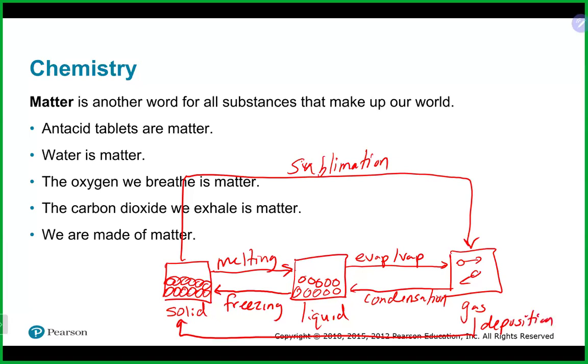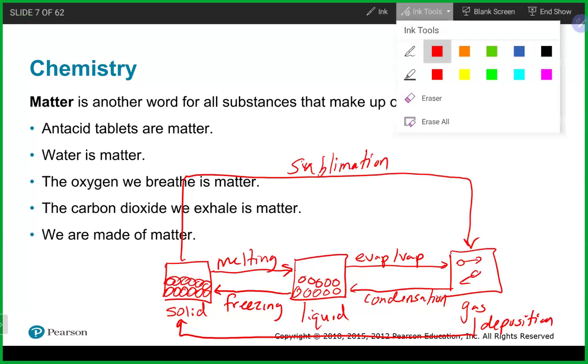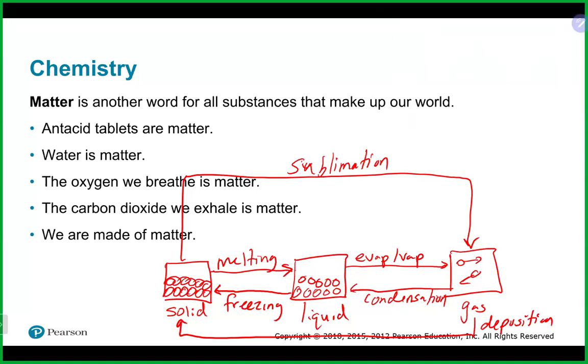If you've seen a CD or a DVD, they're very shiny, and that's how they get so shiny. They actually deposit metals on top of them to give them that sort of shine. So a lot of what we deal with are these transitions of phase, or state, as it is sometimes referred to. For example, these processes here,